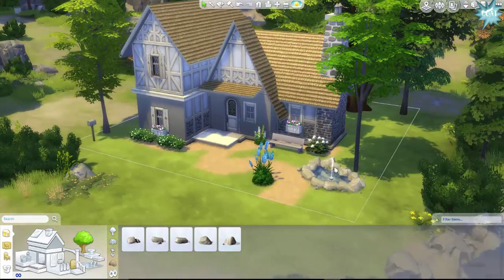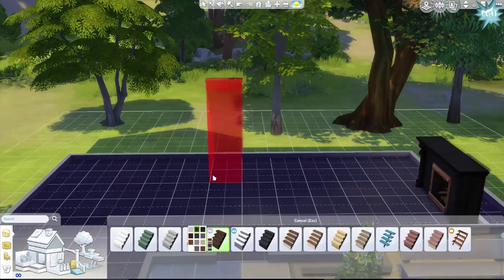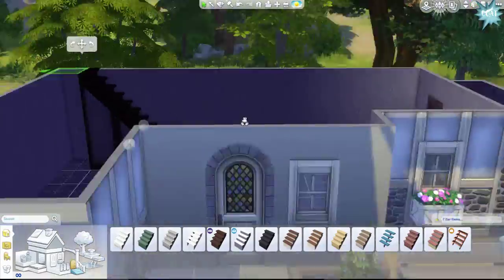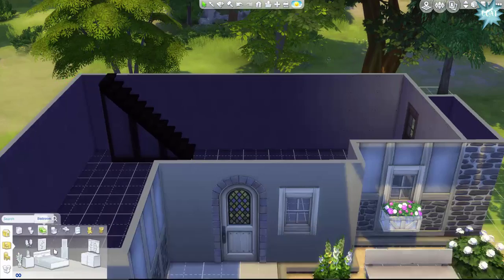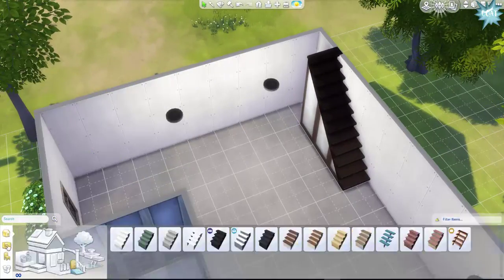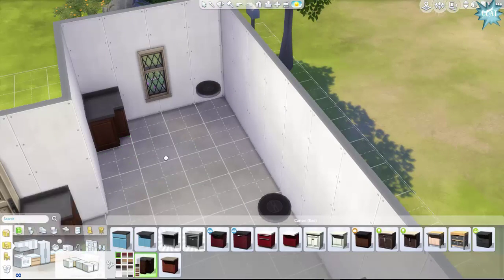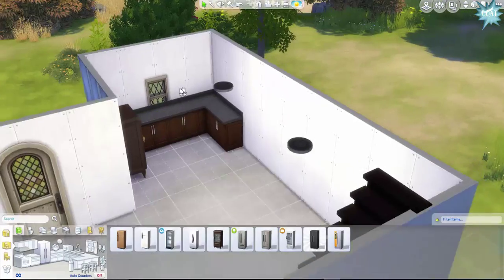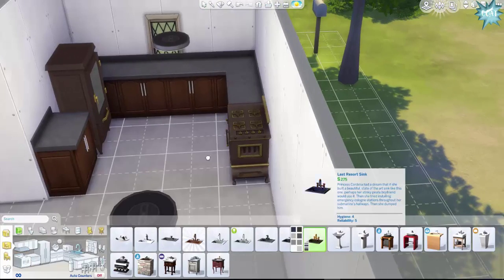Also, there's no pond in the original cottage. There's actually a stream that runs in front of the cottage with a bridge, but that is not possible in The Sims 4. I could have had a pond on either side of the pathway and kind of emulated a bridge, but that wouldn't have worked. I thought in live mode that just would have been kind of silly because your Sim can just walk around the pond. I don't know, maybe I could have done it, but I didn't. So that's something you can think about if you do download this house and want to